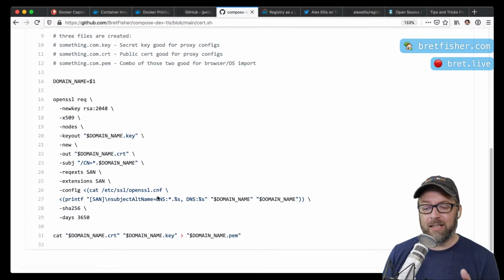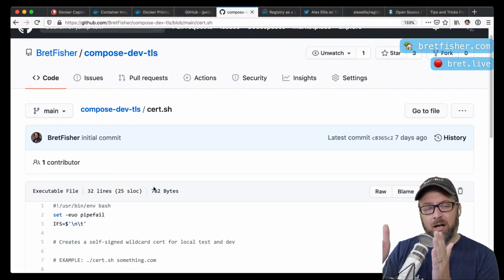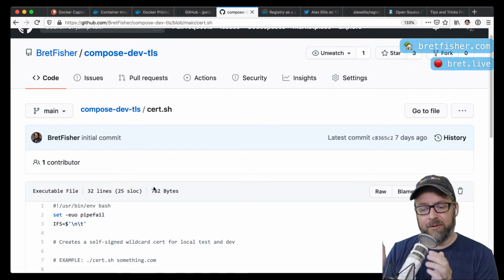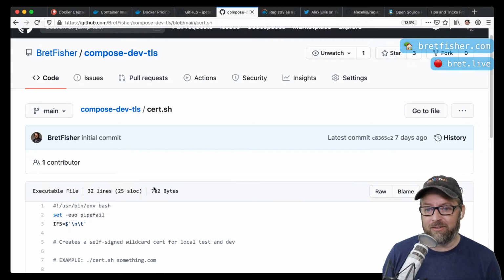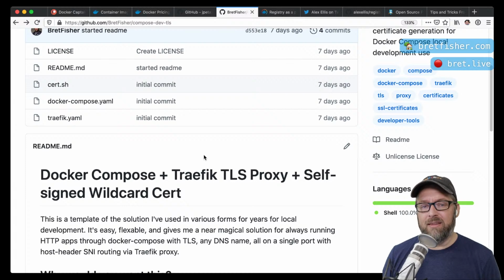And you basically type in this shell script and then give it one option, one environment variable at the end. And that's the name of the domain that you want to make a cert for. And then you create it, and it creates a 10-year long self-signed certificate. And then for each browser on your machine, you need to go in and accept it as a trusted certificate.